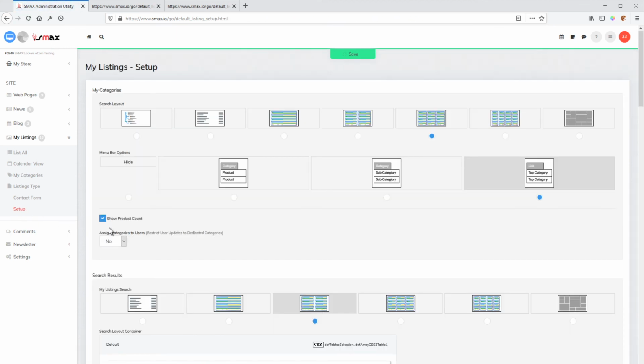So I think we've pretty much covered listings, the setup,